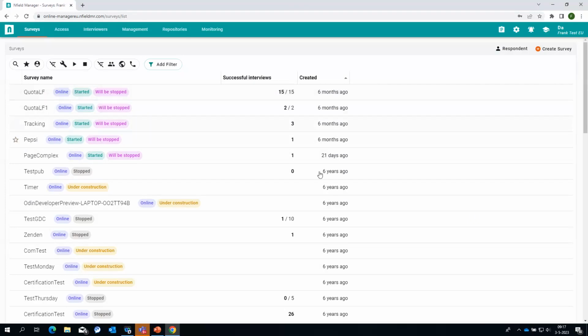This one was created 21 days ago. If I hover over this one, it will be stopped in 9 days. So if I want to know when a survey will be stopped or deleted, I can hover over it and it will tell me when this will happen. As you can see, those "will be stopped" surveys are sorted on top. The same is true for the "will be deleted." Also, those surveys are